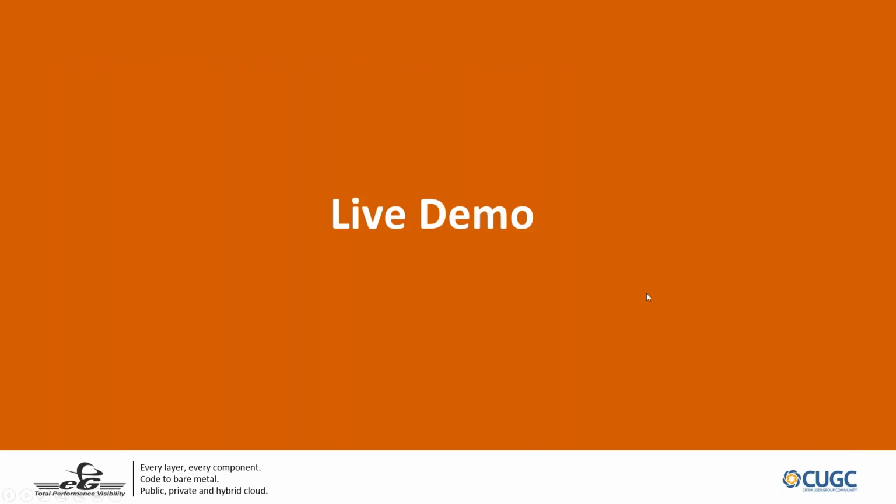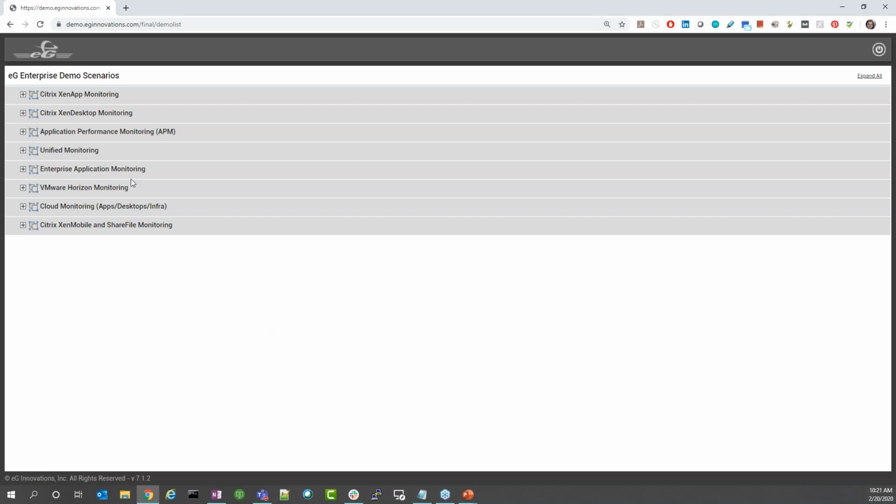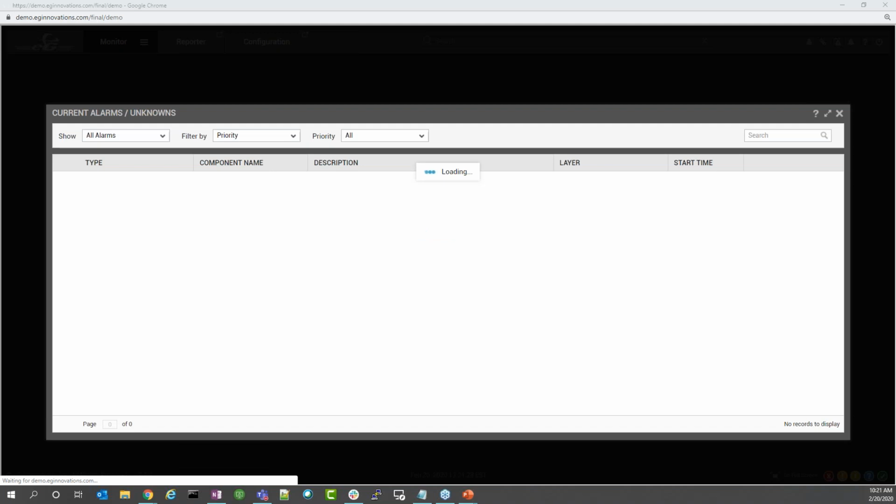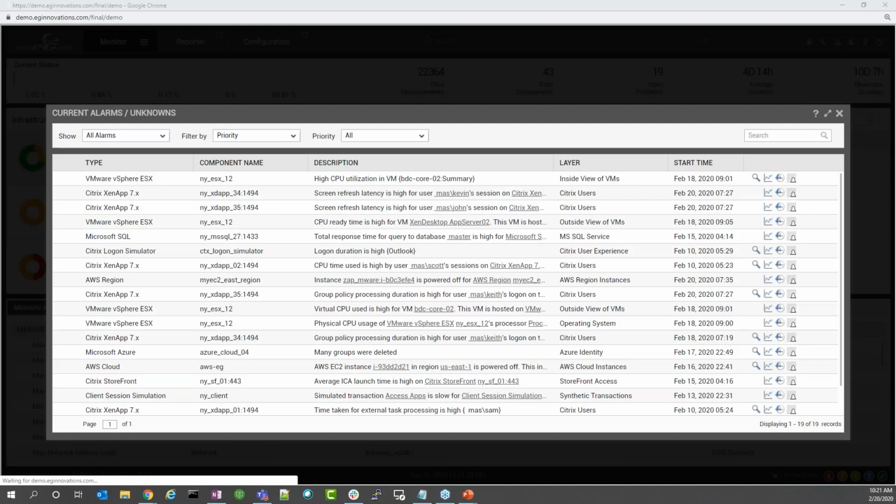And with that, we're going to do a quick demo and show you what it means to sign in and use the software as a Citrix admin for virtual apps, as well as just an overview for virtual desktops. So it's a web-based app, and I'm going to go ahead and get my screen up here. And we're going to take a look at how to fix some of those user issues that you come across